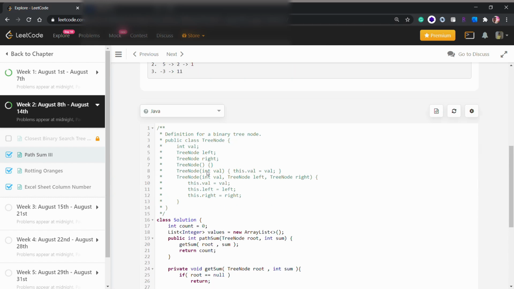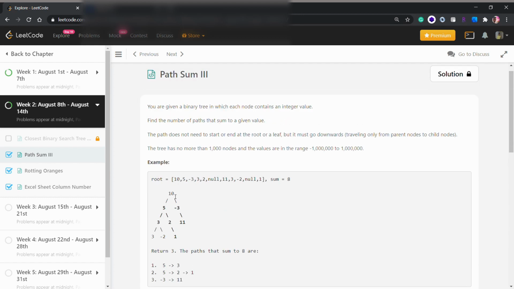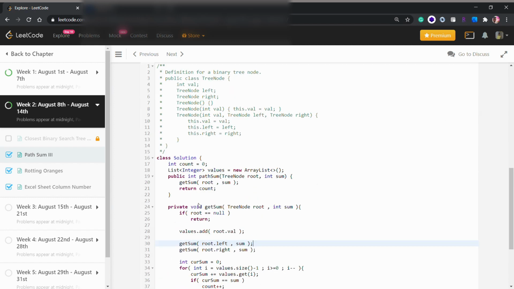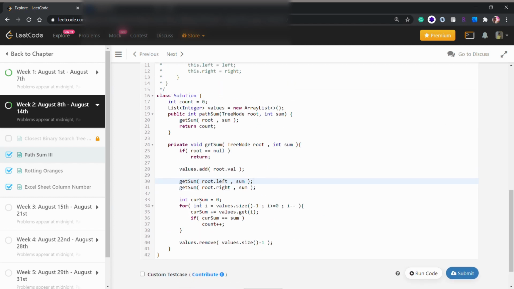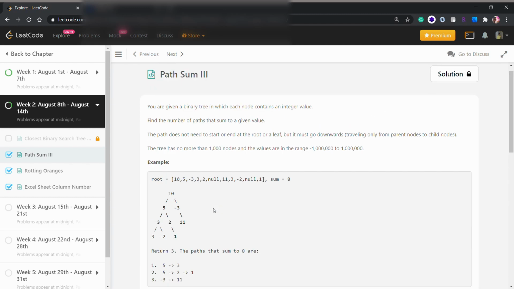Our root element is 10, we add its value 10, and then we go left to 5.